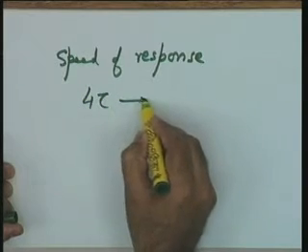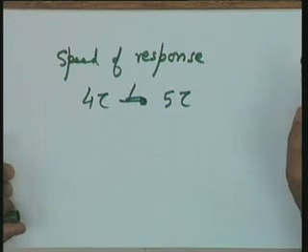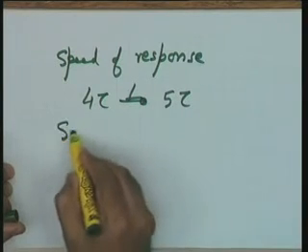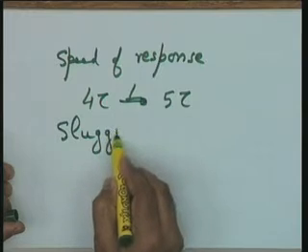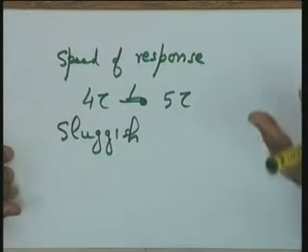Now, if I interpret this in terms of the time constant of the system, since the response decays in 4 to 5 tau, it means the faster response will be obtained when the time constant of the system is low. So, the larger the time constant of the system, the more sluggish the response. These terms I will be using quite often, because these first order factors will be appearing quite often in our exercise on analysis and design. So, what is a sluggish system? A sluggish system will have a larger time constant.